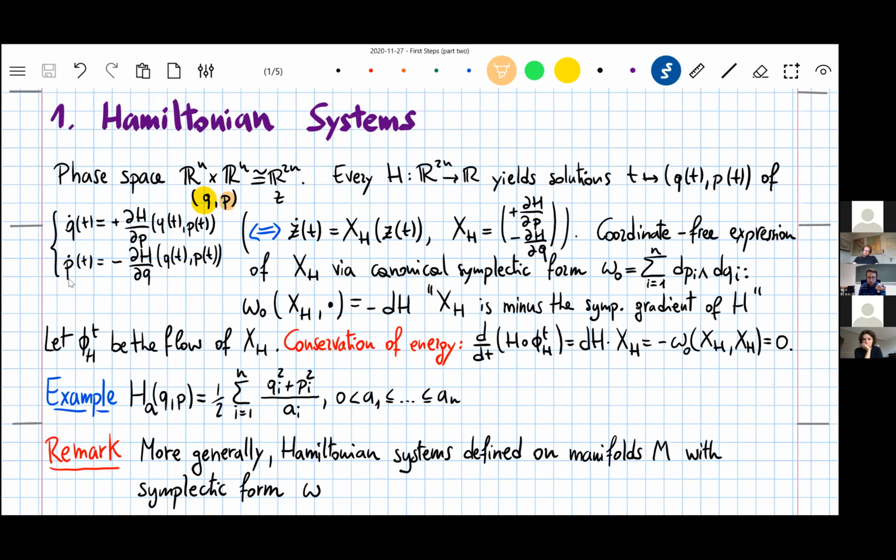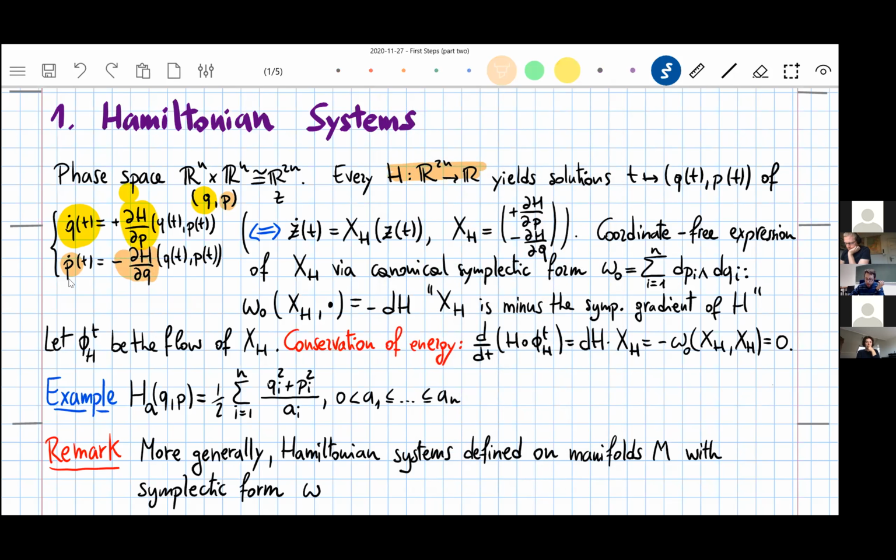And then for every function h on our phase space, we can define an ODE, which is classically called Hamilton's equation. So I can then consider curves q(t), p(t) solving Hamilton's equation. So q dot will be equal to dh/dp, and p dot will be equal to minus dh/dq. Okay, so this is an ODE,